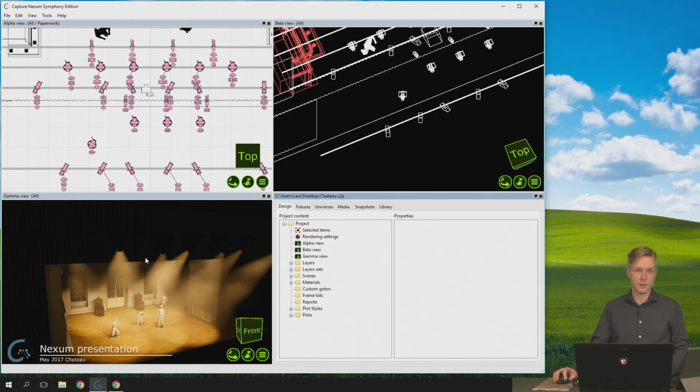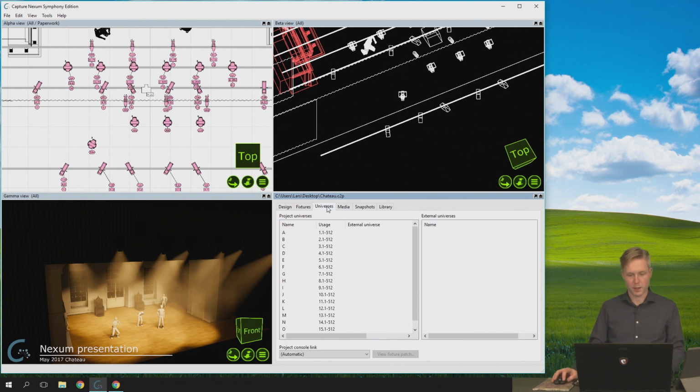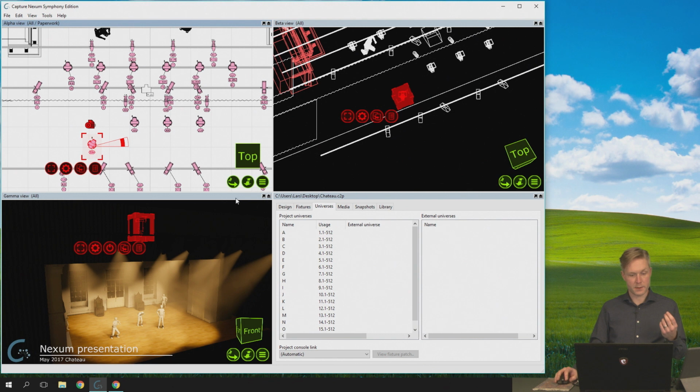You can see the fixture isn't lit anymore. And the reason is Capture now has nowhere to store these virtual DMX values. So it's as if you've turned the fixture off and turned it back on again, so it resets to its default state. But if the fixture is patched,